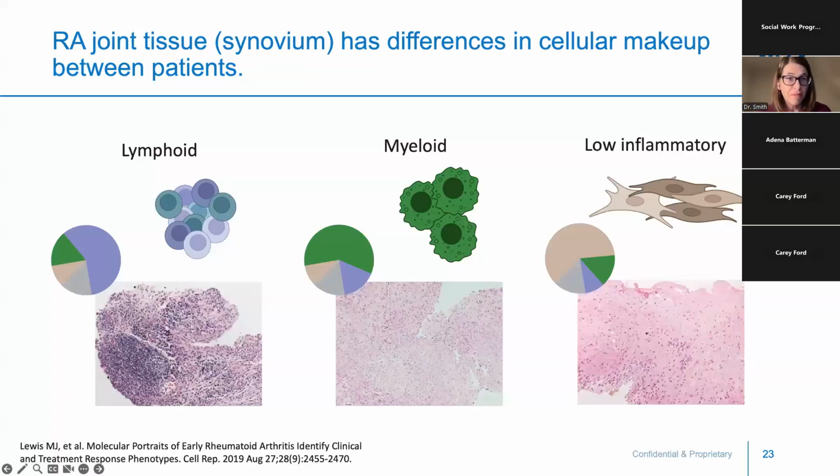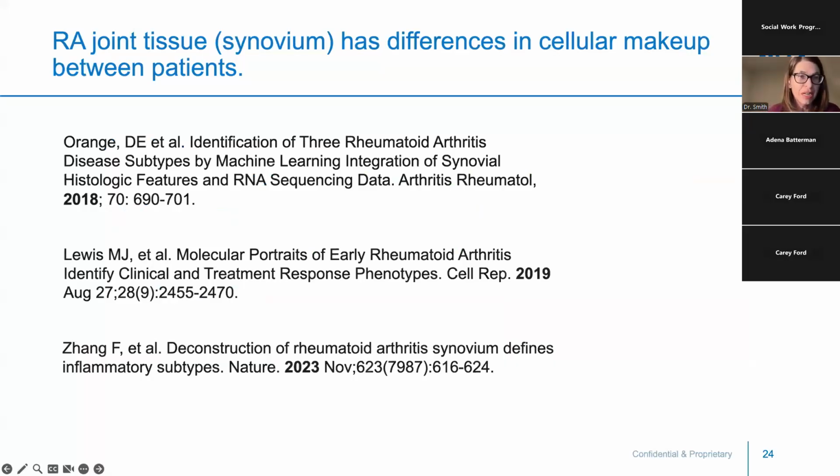And I just want to show you some evidence of our scientific papers that come out of this work. These are 3 papers showing basically the same thing I've just shown you. There are differences in the cellular makeup between patients with rheumatoid arthritis at all stages of disease. This first paper, the identification of 3 rheumatoid arthritis disease subtypes by machine learning integration of synovial histologic features and RNA sequencing data. A very long title, but saying that they found different groups of RA patients, right? And this is work done primarily by Dana Orange, who's one of our rheumatologists at HSS and a really fantastic